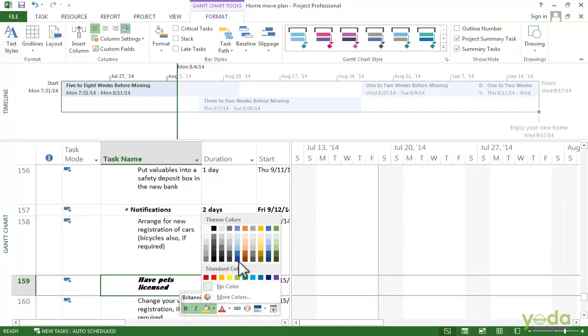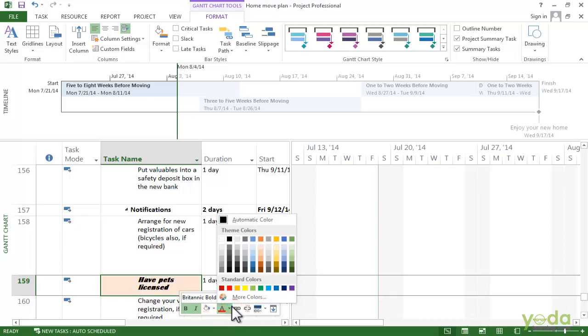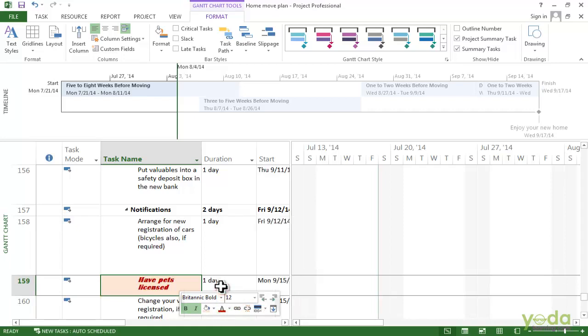I'll change the background color so that it is highlighted, and the text I will make dark red. If you have used some of these changes, then the changes will be applied automatically. So if you don't like what you see, you can just keep changing these settings until you get what you want. Formatting text styles or individual text can make the information that you need stand out.